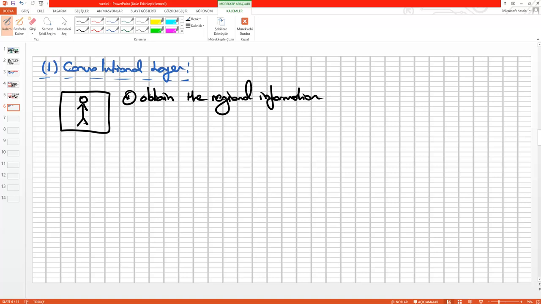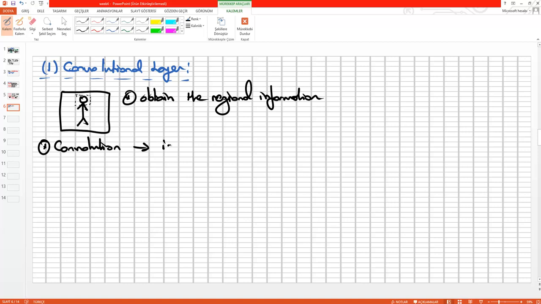What's the meaning of regional information? Suppose that we take the head values in here like this one, and so we can convolve this picture with some specific filter which is defined in the mathematical equations. Okay, and so the convolution